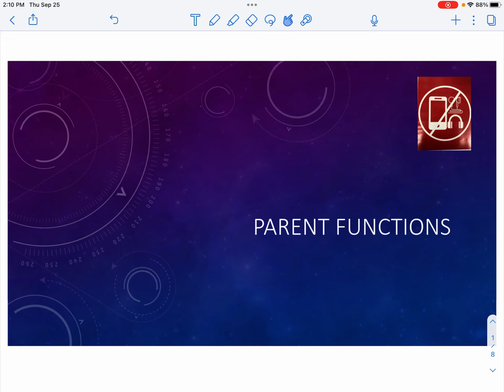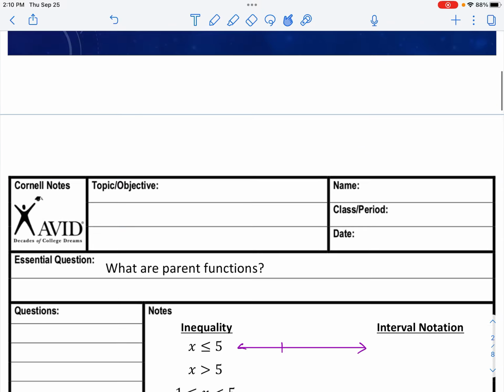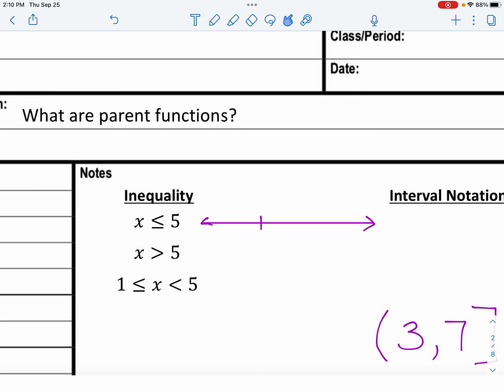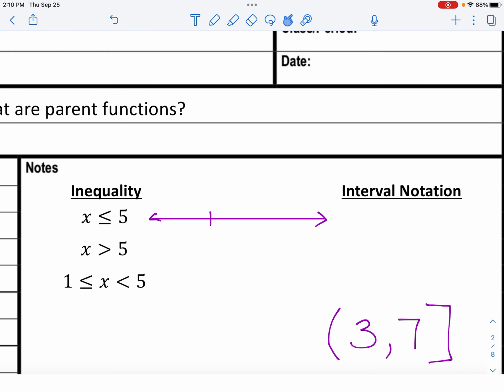Okay, hello. This lesson is on parent functions. So our essential question is, what are parent functions? Before we get into that, I want to talk a little bit about interval notation and how they relate to